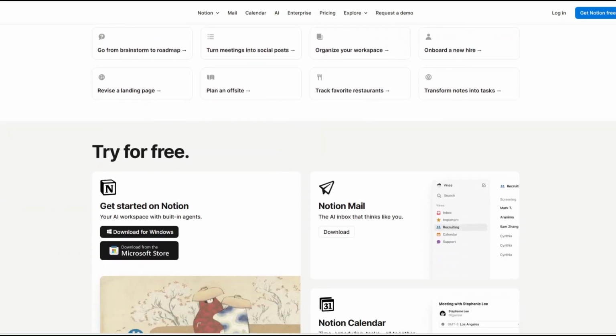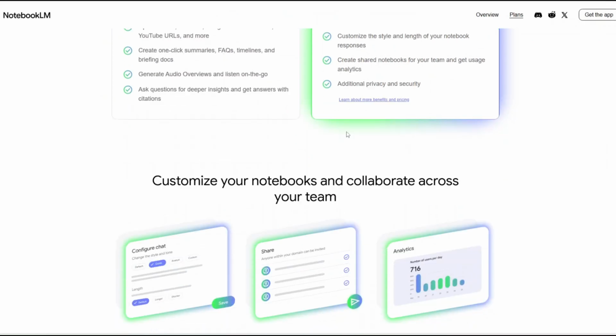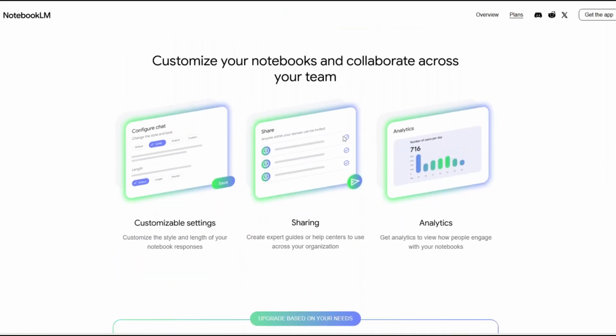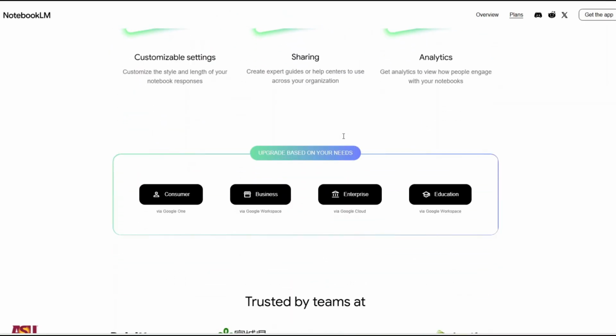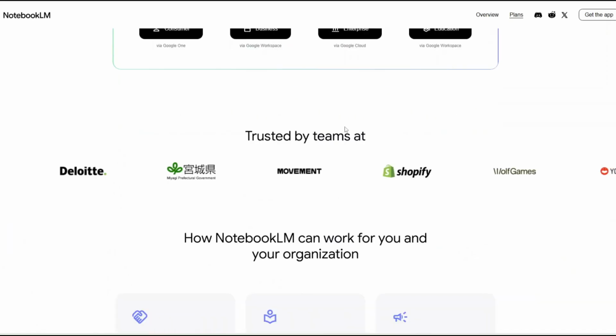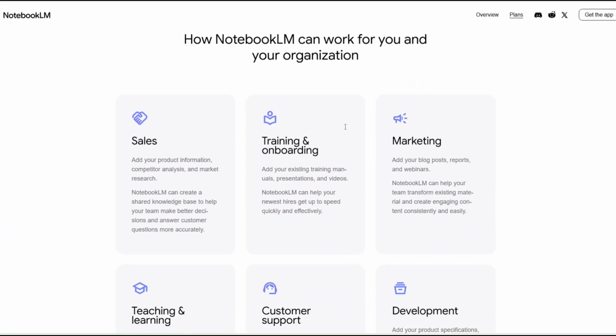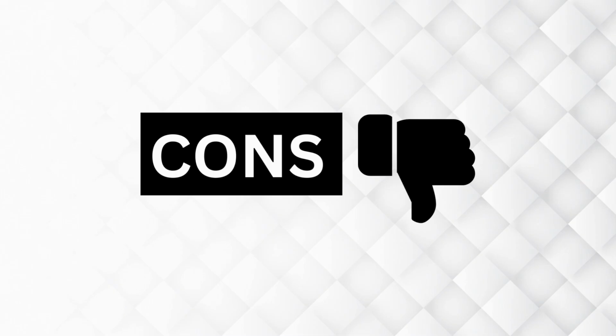And how about the pros of NotebookLM? It's excellent for research and learning. There are unique audio overviews that make it easy to learn on the go. And the free plan is generous enough to get real value. How about the cons? For Notion,